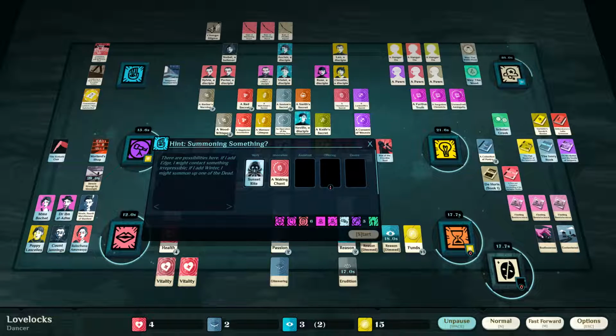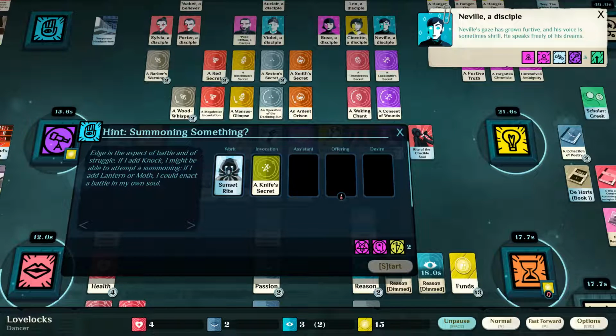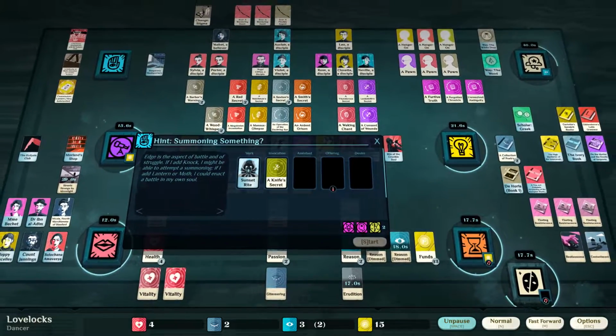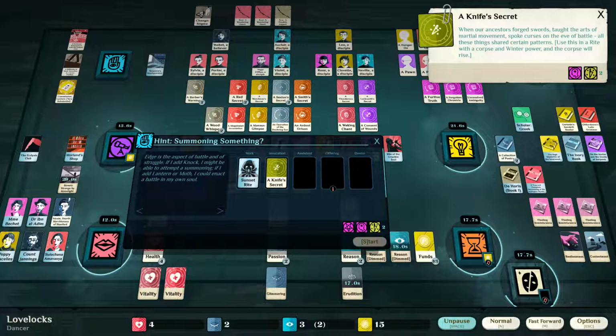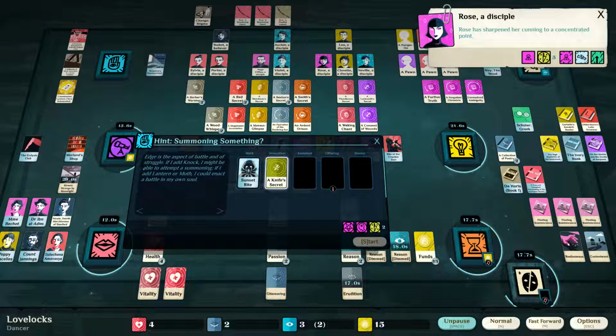Why don't I wait until I get a bit more powerful influence, and then we'll try this again. Let me just see though. Oh, there we go. I think this is what it is. Enact a battle in my own soul. So it's going to be edge. I don't have any influences that can give edge. So I should use... This should be our edge, although we could use Rose instead, which has 5. I could use a stronger... Okay, so we need edge,